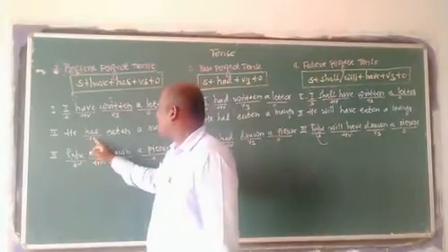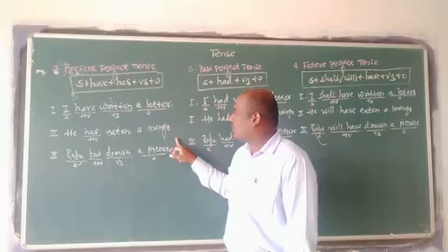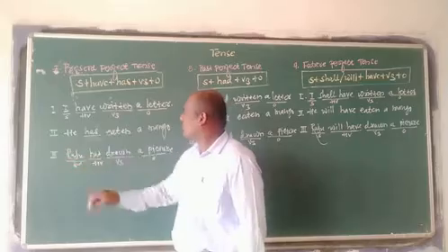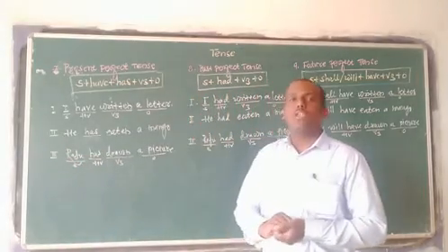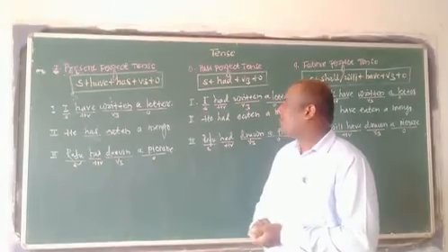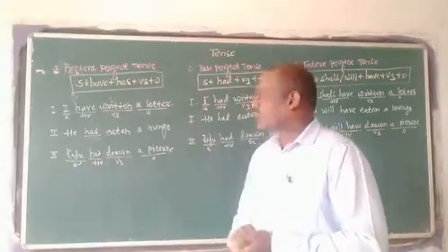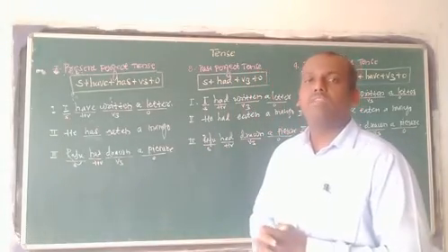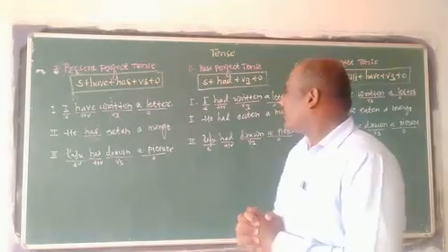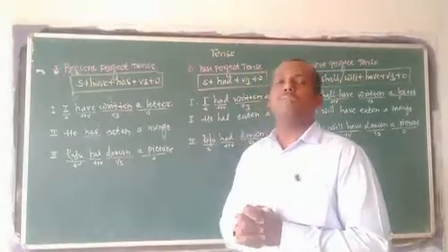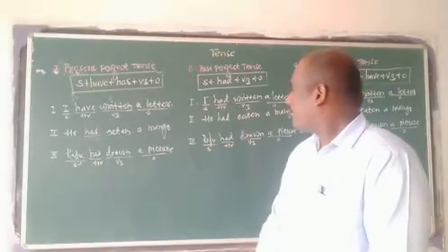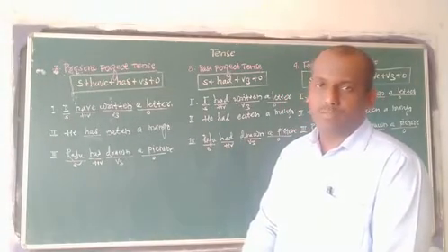Object is there. That is, he has eaten a mango. Am I right? He has eaten a mango. The third sentence is Raju has drawn a picture. Raju is here the subject, has is the helping verb in present tense. So I used here HV. HV means helping verb. Then drawn, that is the third form of main verb. And a picture, that is the object.